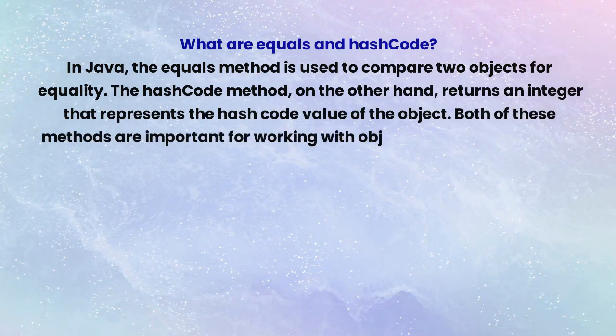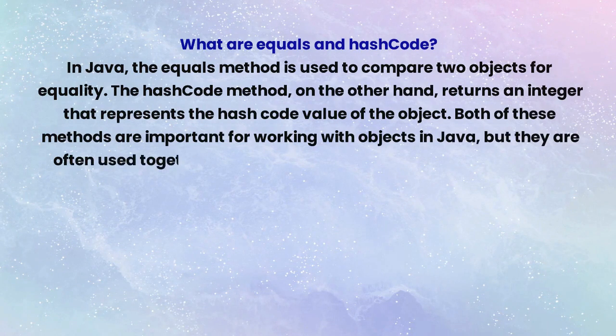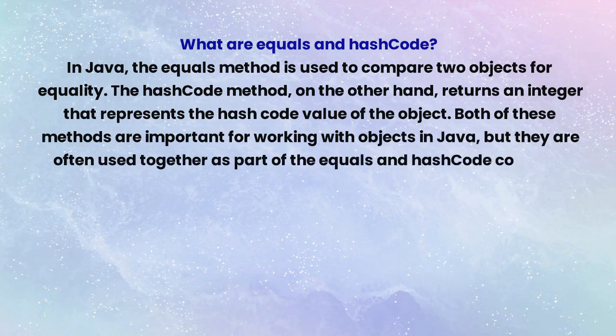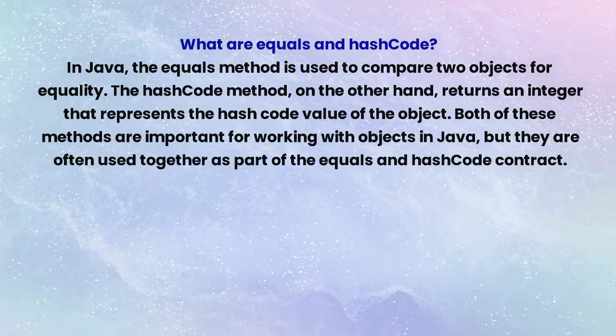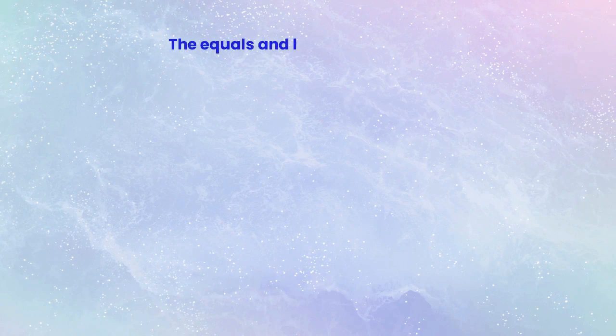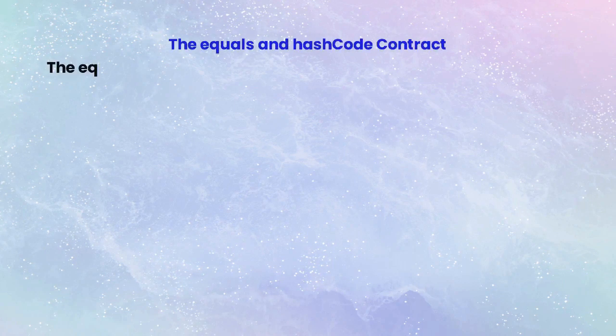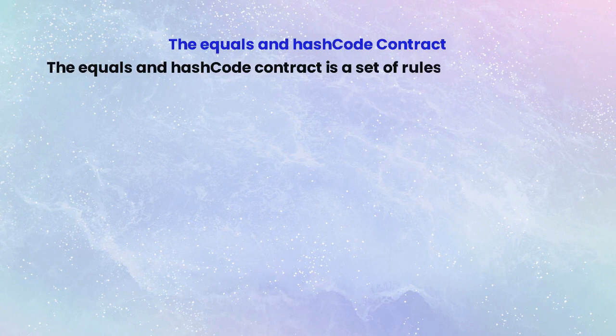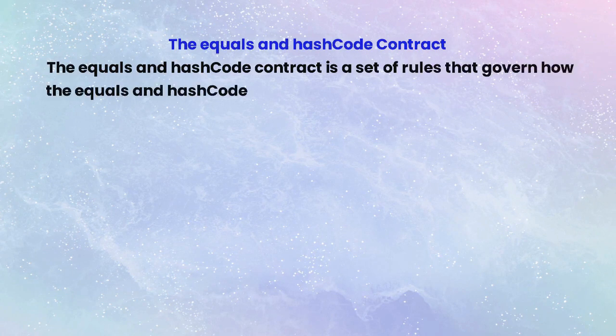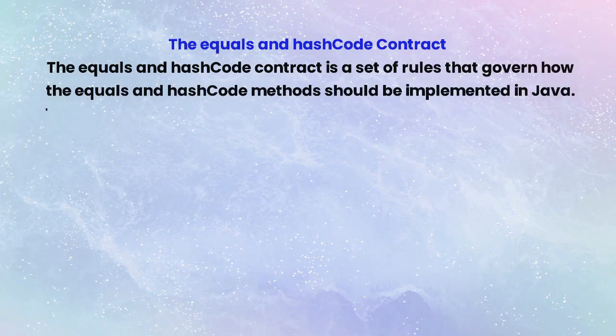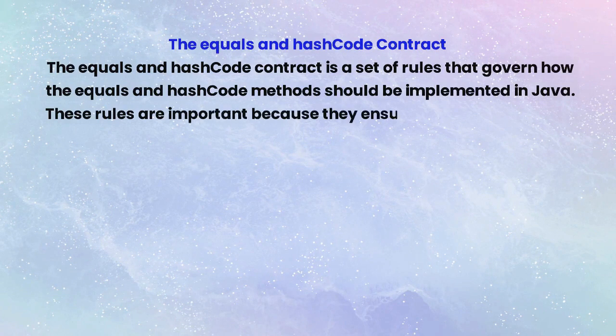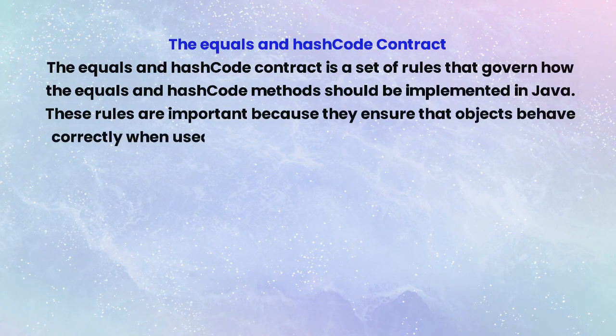Both of these methods are important for working with objects in Java, but they are often used together as part of the equals and hashcode contract. The equals and hashcode contract is a set of rules that govern how the equals and hashcode methods should be implemented in Java. These rules are important because they ensure that objects behave correctly when used in collections such as